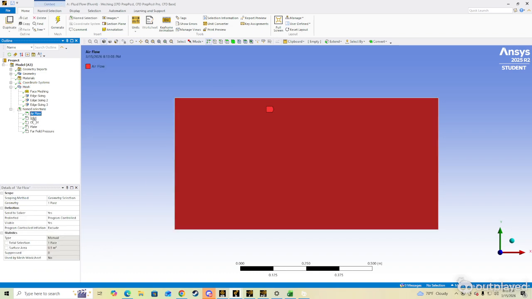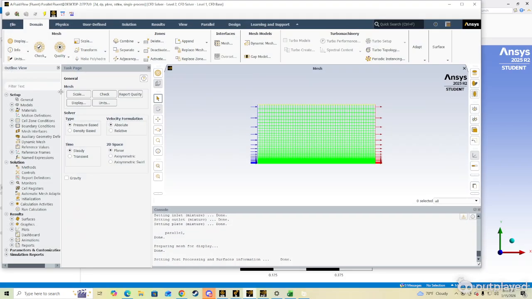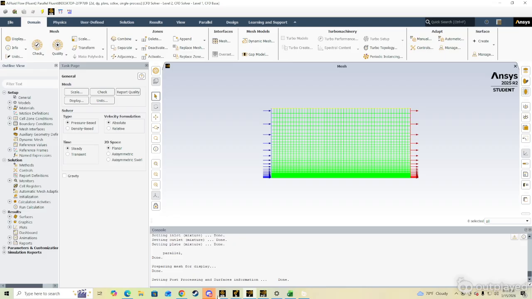Oh, plus the name selections. Airflow, inlet, outlet, plate, far field pressure. That's what I named the things up there. Bam. This is